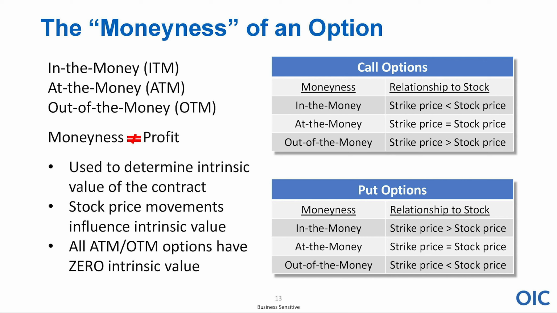Okay, stocks move higher and lower all the time, don't they? But when we're looking at the at the money and out of the money options, right? The stock's at 79. If I'm looking at the 80 call or the 85 call, as the stock moves around, the prices of those options will change, but intrinsically at this point in time, they're worthless.